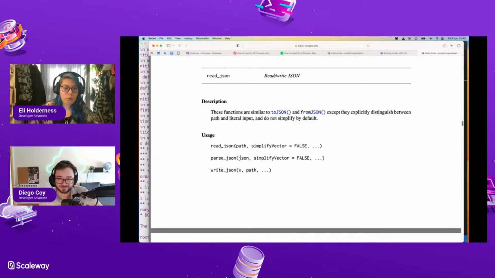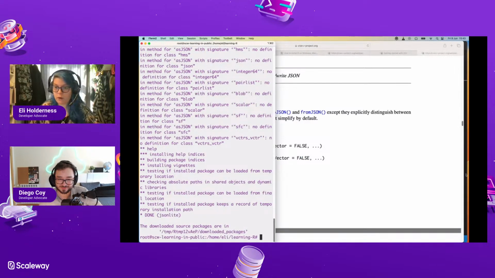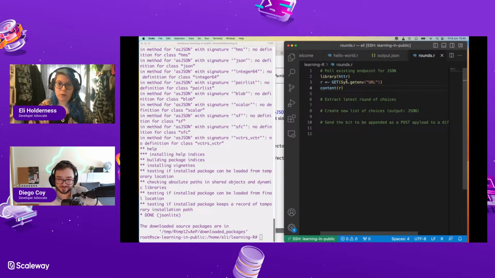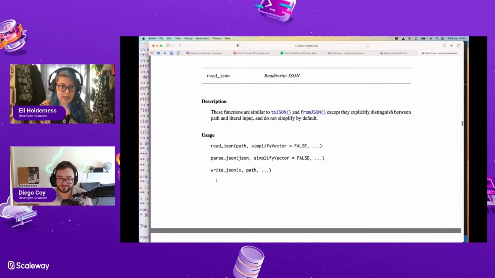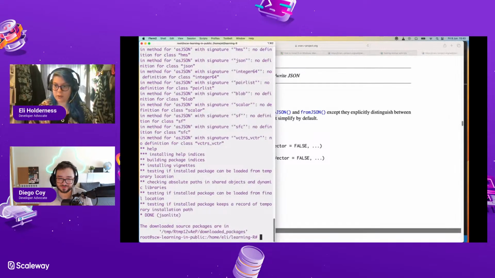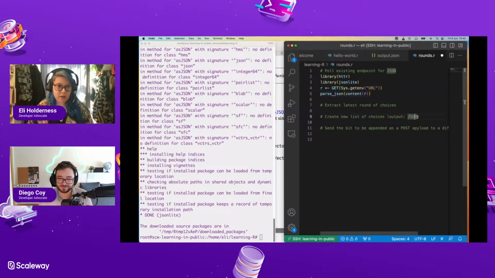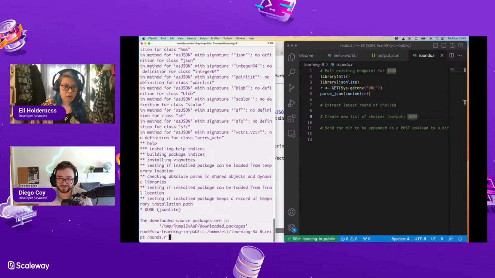So I just want parse JSON probably of the content. So if I do library JSON Lite, and if I say parse JSON of this, print me out. Yeah, it does have an underscore. And I do actually want to save that modified file, otherwise it's going to do nothing different at all.